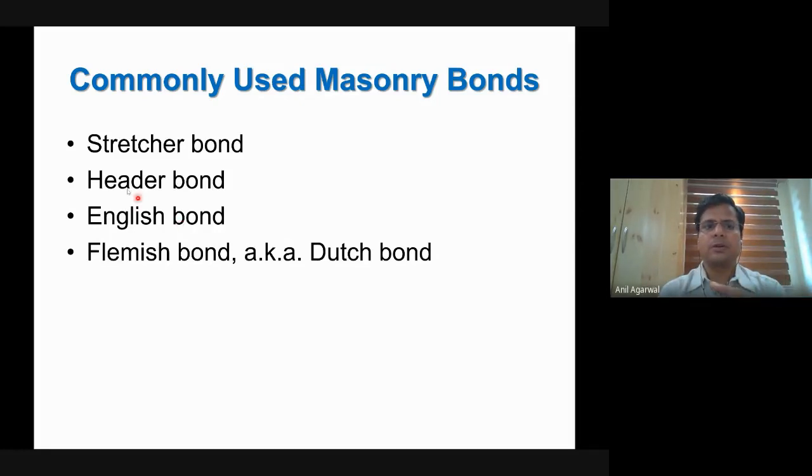Okay, so first one, we are going to talk about in which ways the bricks can be configured in a wall. Okay, so these are the 4 different ways. One is called stretcher bond, another one is called header bond, the third one is English bond, and the fourth one is Dutch bond. Basically, these are the configurations in which you can place bricks in a wall, so that these are the common ways in which it is done. Okay, these are traditionally developed methods.